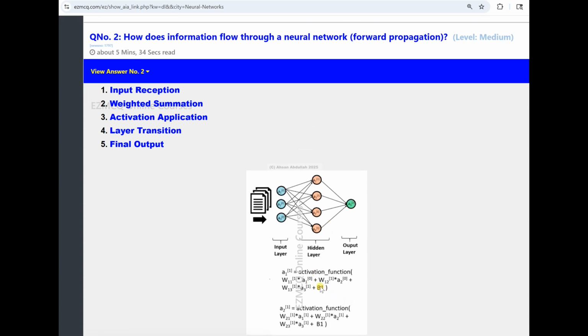What happens in neural networks is whatever is going from left to right. This is basically the forward propagation, the process by which the data moves through the network. From here it goes there, and so on, and it produces an output. Everything starts at the input layer. Say we need to classify certain documents. So these are the documents. Document classification. Everything starts at the input layer.